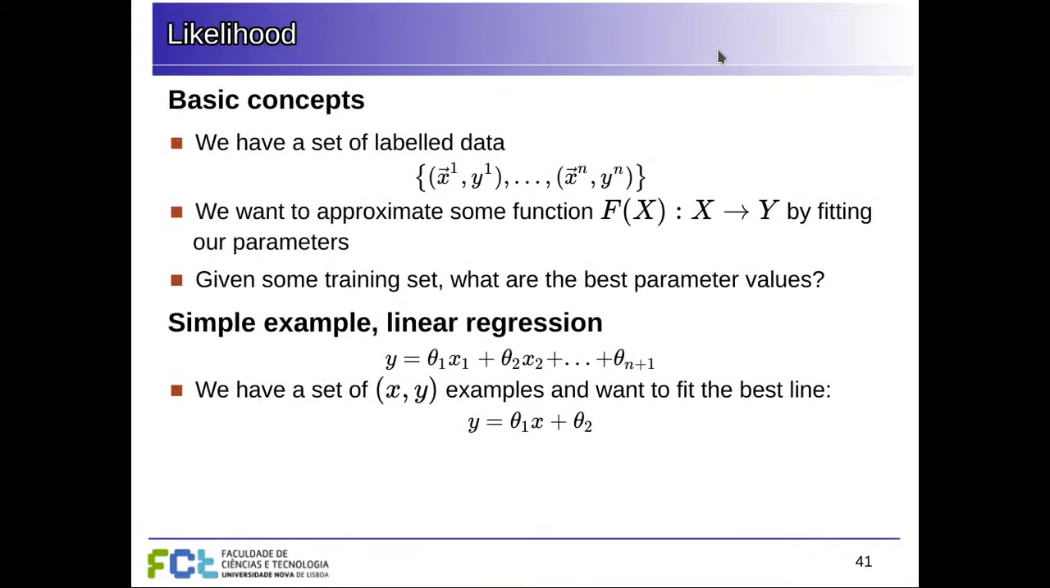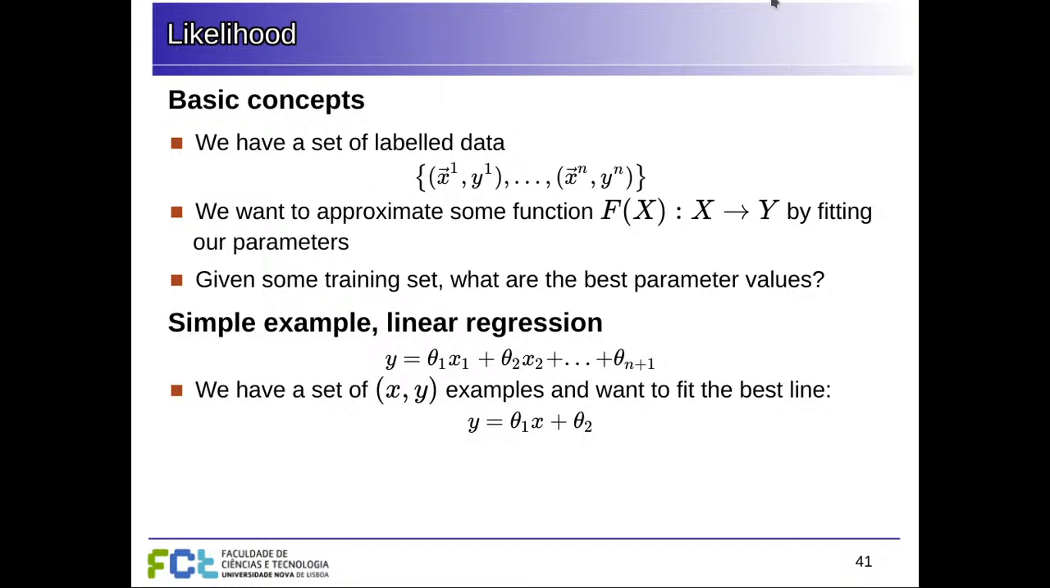Let's look first at this idea of what we're trying to do. So we have basically a set of data. In supervised learning, we have a set of labeled data, and we want to approximate some function. This is an unknown function that would map any example to some output. For example, the category, the class the example belongs to in a classifier, or some continuous value in a regression,